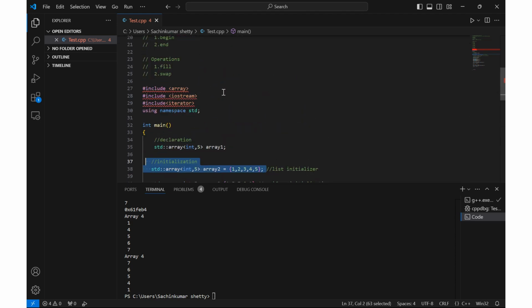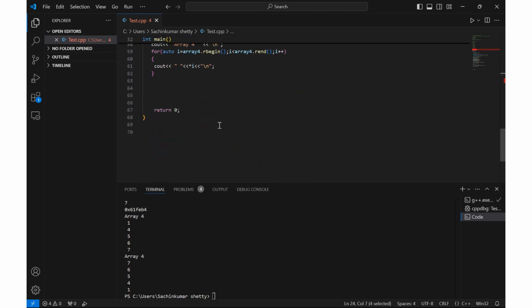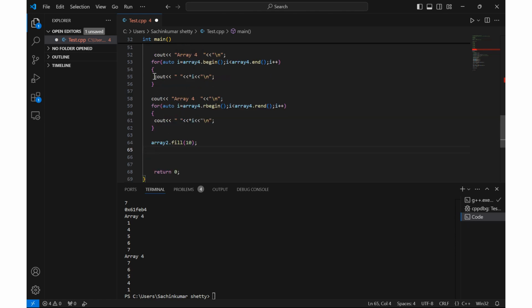Now just think that you want to fill all of array 2 with the value 5, then you have this fill operation. How to do that is very simple. Just use array 2 dot fill with the value whatever you want, maybe 10. And then just think that you want to print all the elements in that array 2. Maybe just copy this and then